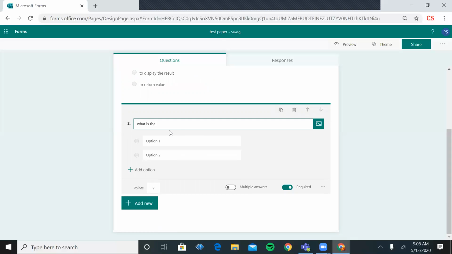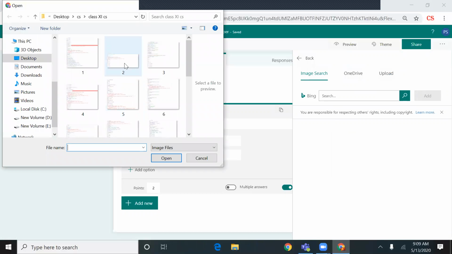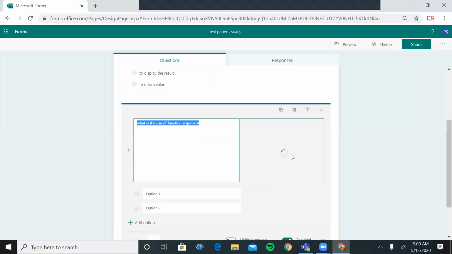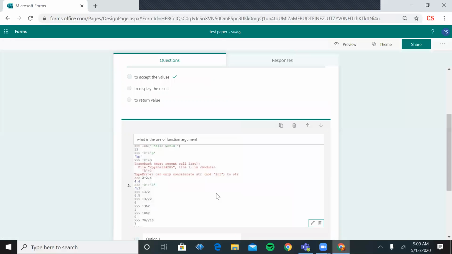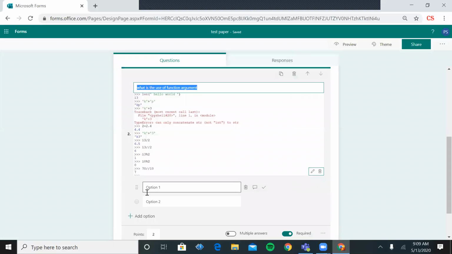What is the use of function argument? And if you want to add any picture related to this, then click on insert media, click on the image, because I want to upload from my computer. Then click on the upload option. You can pick any picture related to this that you have already saved in your computer. Just click on this. It will show the picture related to that,